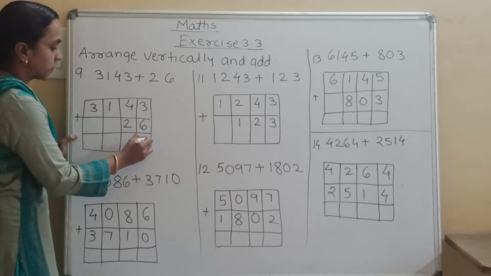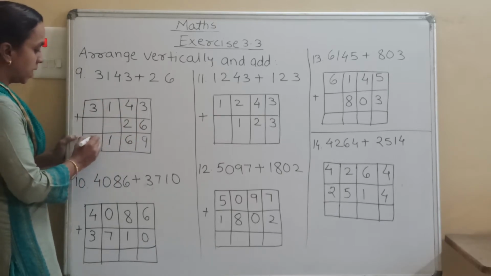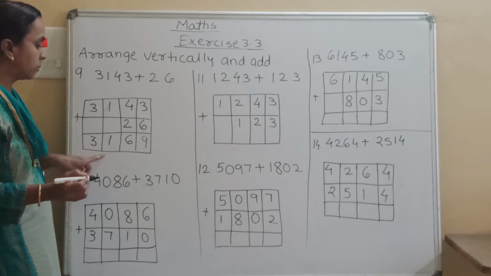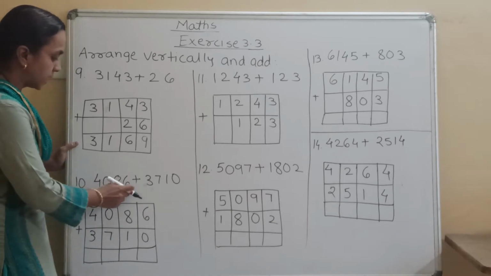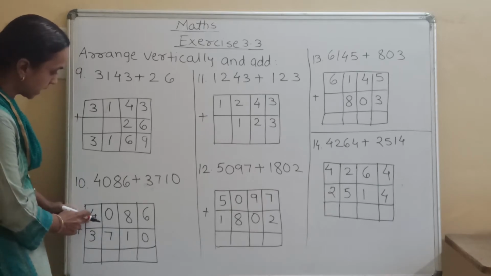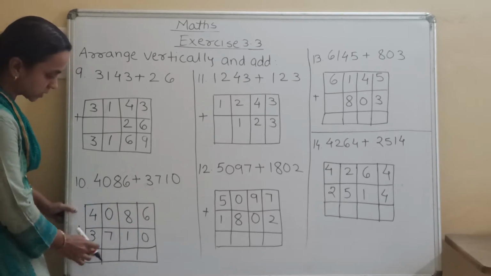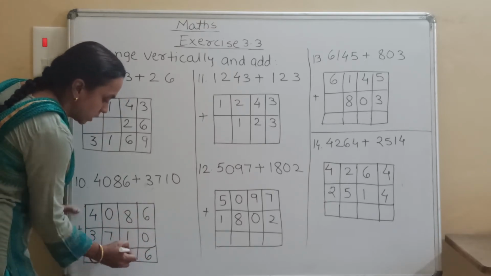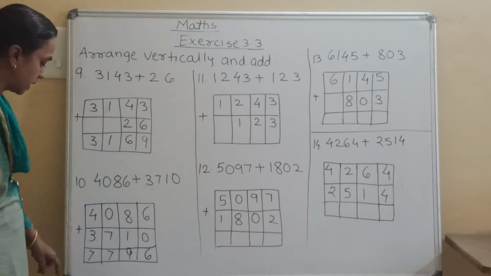6 plus 3, 9. 4 plus 2, 6. This one as it is. This 3 as it is. So in this way, very neatly you have to write down in your notebook. Now see 10th question. 4086 plus 3710. Okay. So again same way you have to write down each digit in each separate box. So now start adding. 6 plus 0, 6. 8 plus 1, 9. 7 plus 0, 7. 4 plus 3, 7. So answer is